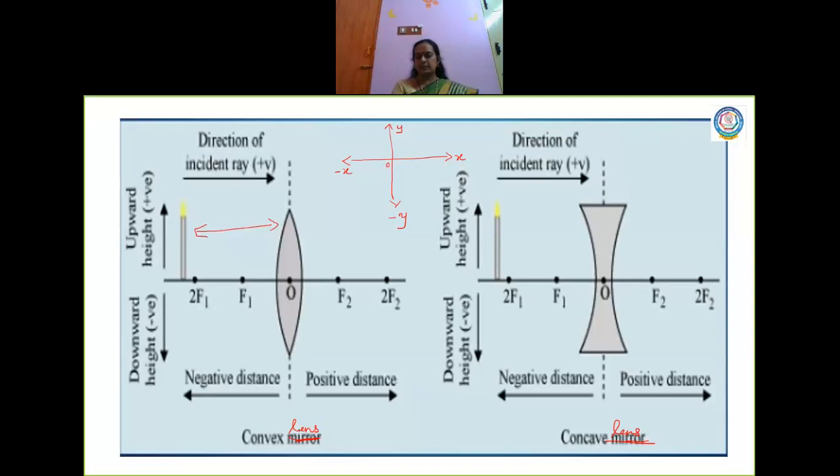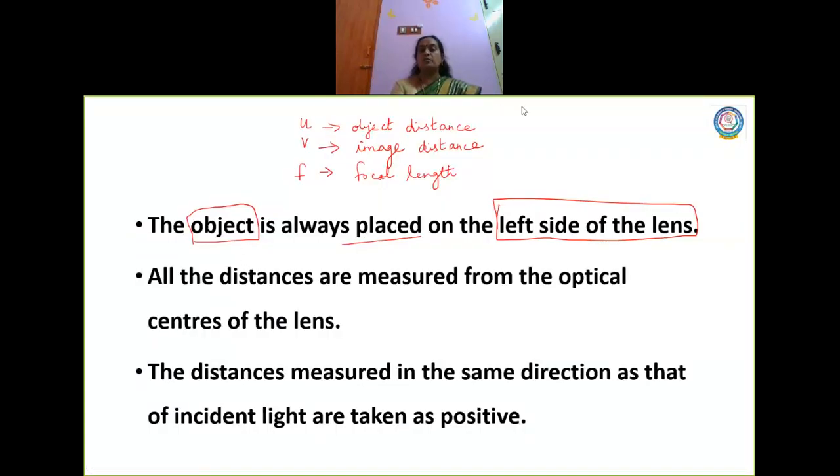Children, you will write it as minus 5, because you measure it from the optical center and you measure the value along the negative x-axis. Where is the object? It is along the negative x-axis, right? So whatever value you measure from here to here is measured as negative. So object distance will always be negative. Why is it always negative? Because whatever lens it may be, whether it is a convex lens or a concave lens, the object is always on the left side. Hence the object distance will always be negative.